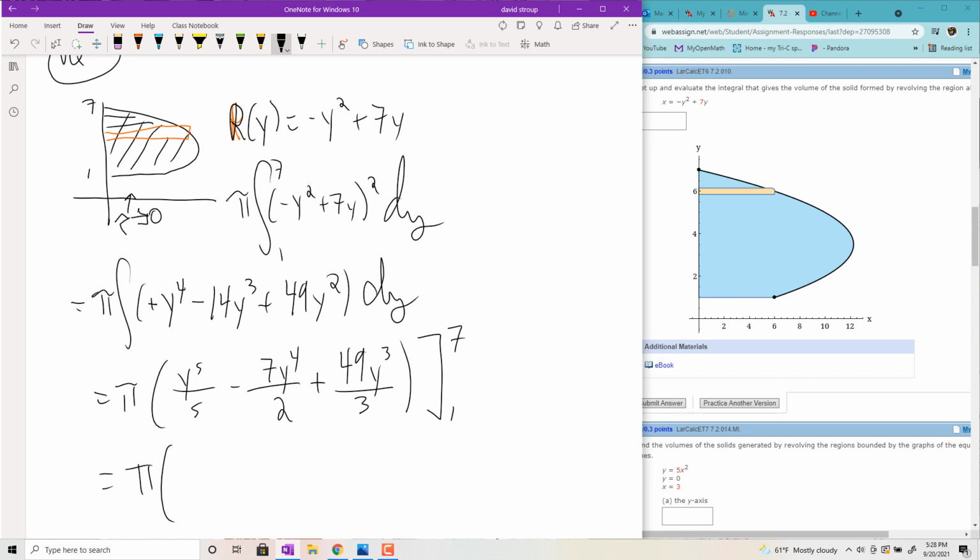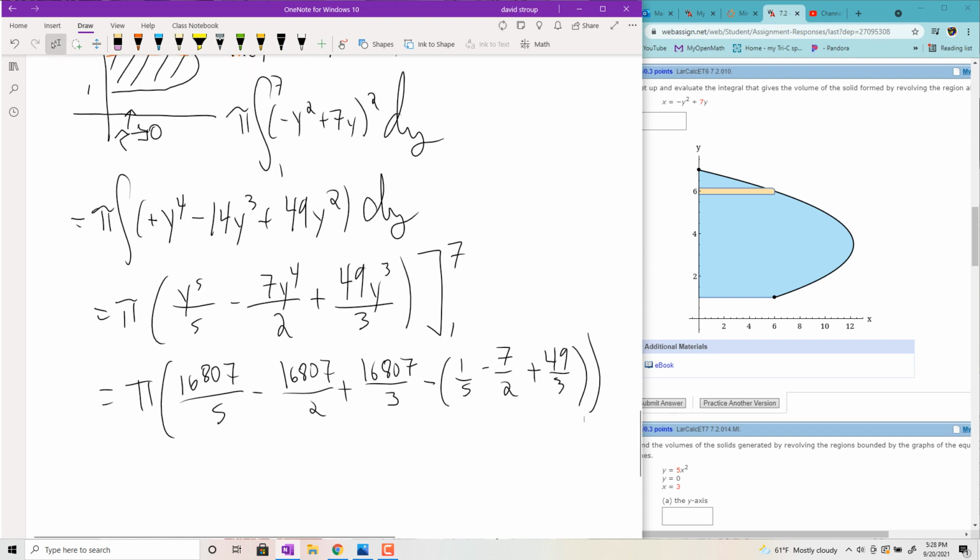Pi times, oh, look at that, 7 to the 5th, 16,807 over 5 minus, that's 7 to the 5th again, 16,807 over 2 plus, that's also 7 to the 5th, 16,807 over 3, minus, plug 1 in there, 1/5 minus 7 halves plus 49 thirds. And if you don't mind, I think I'm just going to go to Wolfram